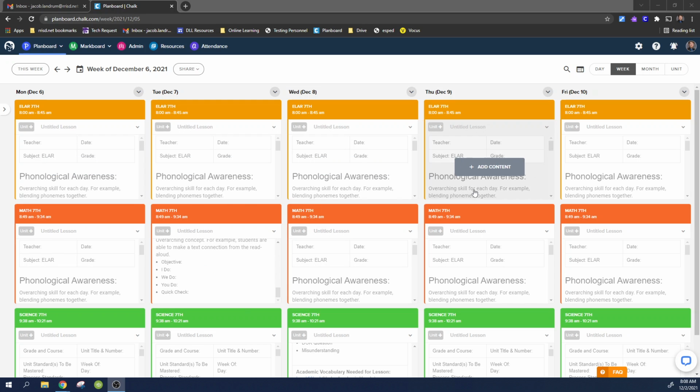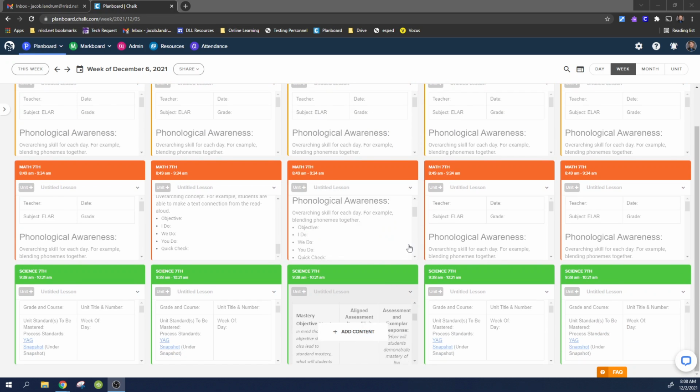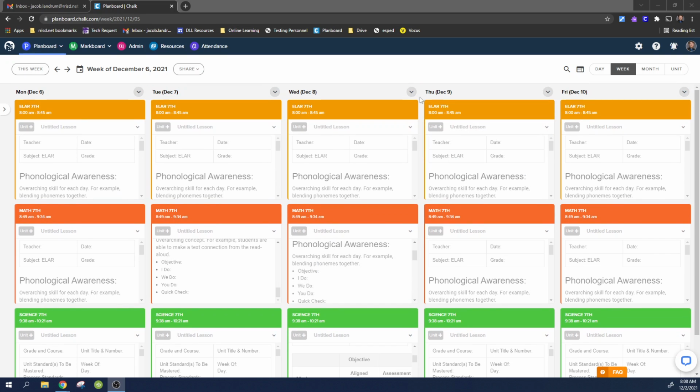Okay, so if you want to print a whole week at one time, you do it all the same way, but there's a few different options you have in terms of the way it looks. But before you even do that, I want to say that if you plan on printing your lesson plans often,